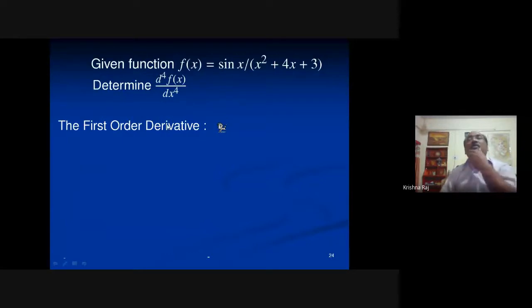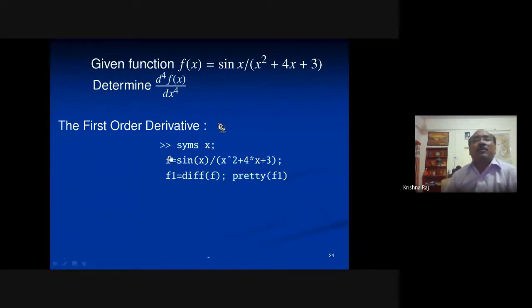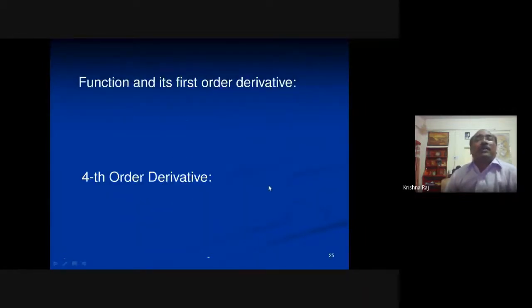Now here see the fourth order differentiation of the function with respect to x has to be solved here. Then we will use the same command, and again just putting here the hint for you that you will use this command and you have to solve it and you will get this result here. The fourth order derivative.